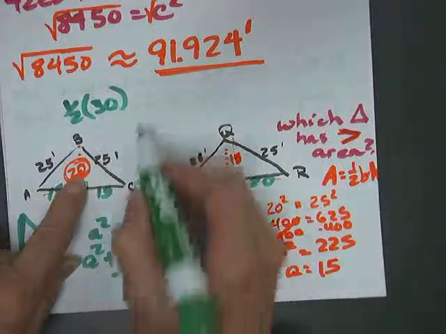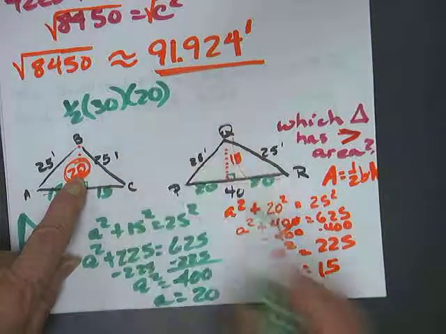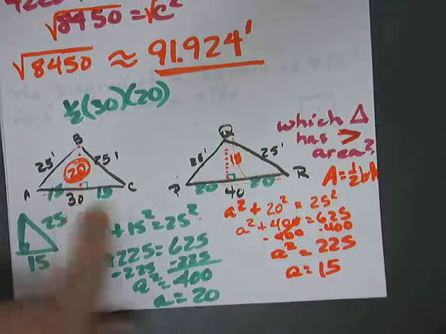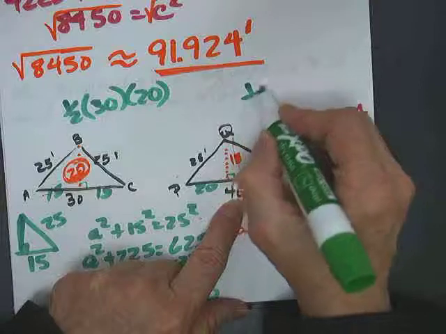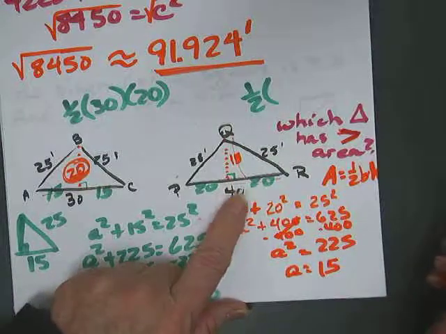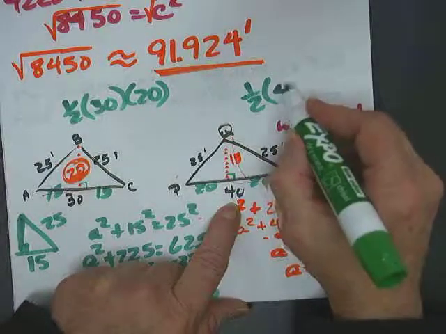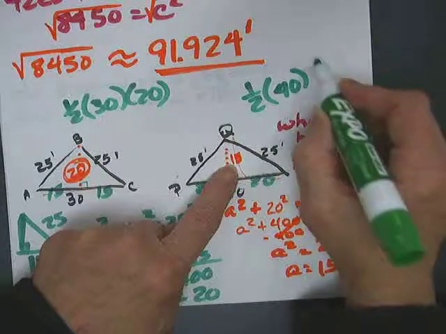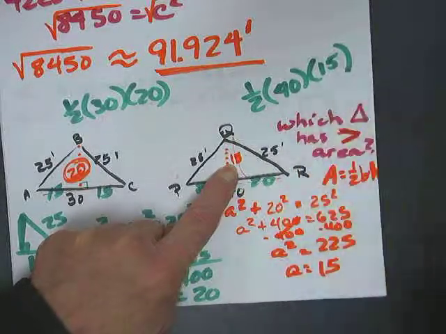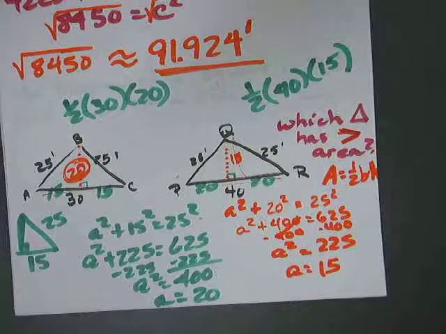Okay, so this one is 1/2, the base is the whole base of this triangle, 30, times the height of 20. This one is 1/2, the base is 40 and the height is 15. So which one has a greater